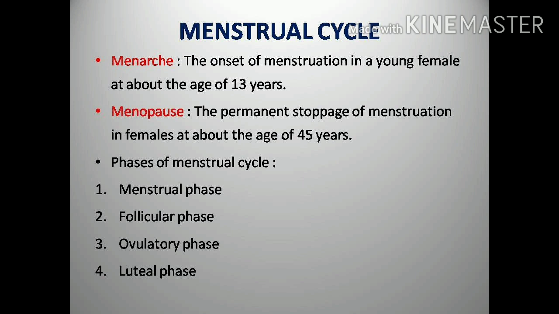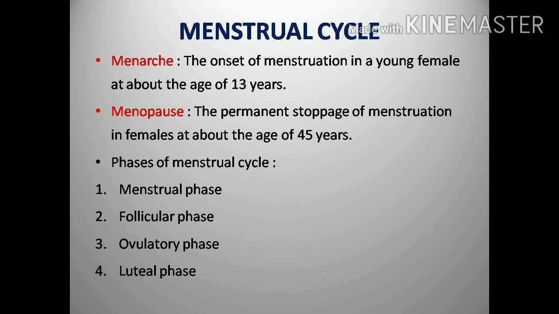As the follicle grows, more estrogen hormone is produced in the ovary region, and once again the wall of the uterus is getting ready to come to the normal condition, meaning the filling of the blood takes place in the blood vessels region and the thickening of the uterus wall takes place. The beginning of the thickening of the uterus wall takes place, and here in the ovary region the follicle turns into a Graafian follicle stage.